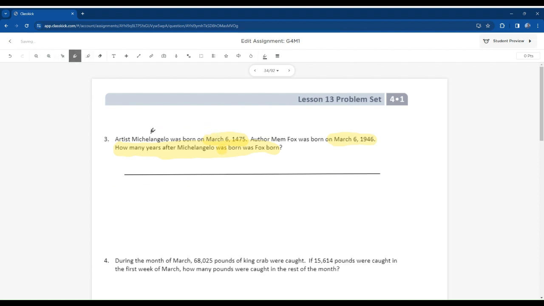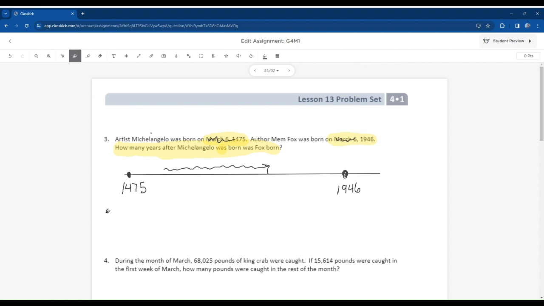So we have Michelangelo, and we're going to put him right here. This is the day he was born, and we'll say that this is March 6th, 1475. So really, the day is kind of insignificant. I'm really looking at the relationship between the years. So 1475. Now, time passes, time passes, time passes, and eventually, we'll say about here, this is when our author Mem Fox was born, and this was in 1946. So what we need to figure out is how many years pass between 1475 and